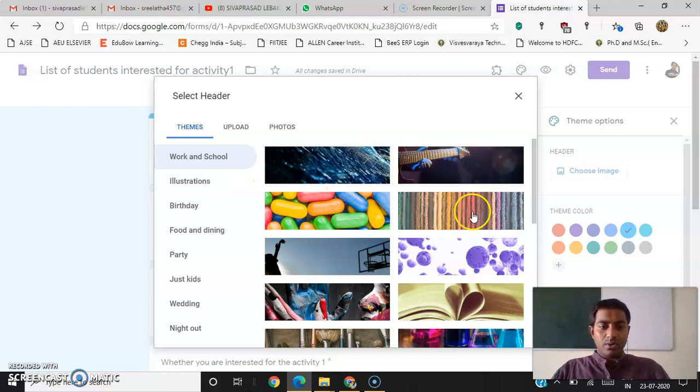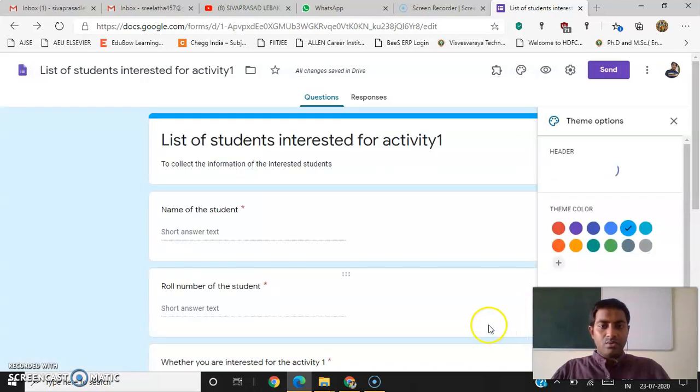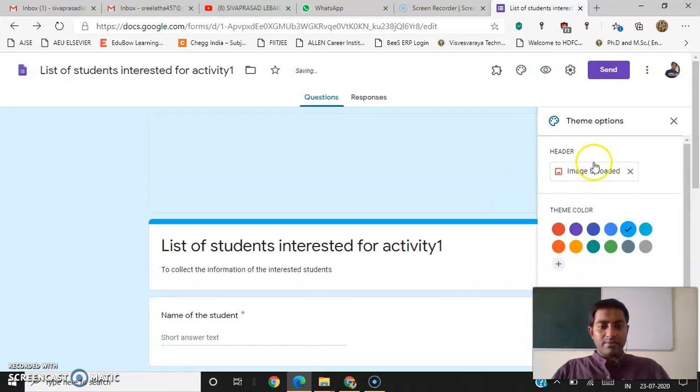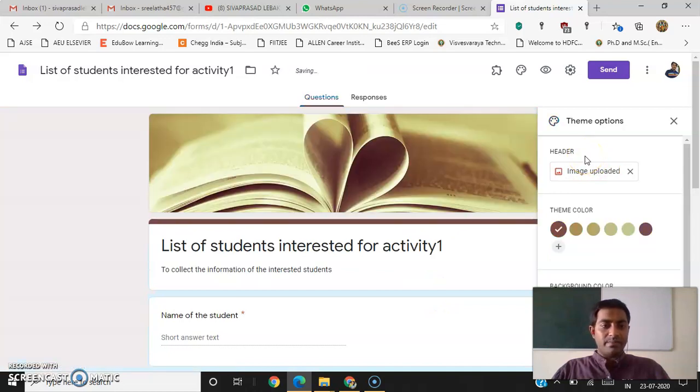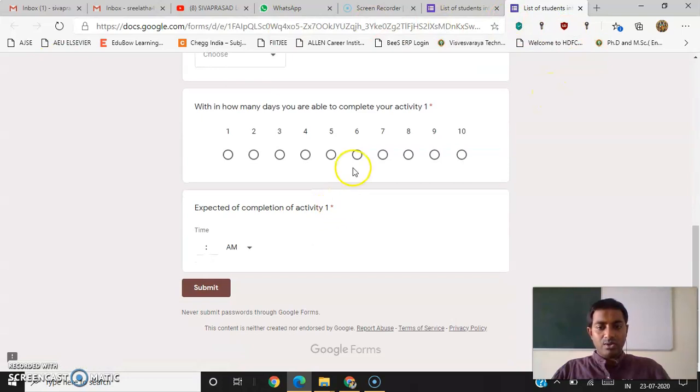If you want to insert those images in your Google form, you can. Otherwise, you can use your own choice of images also, no problem. Otherwise, if you want to give your organization header or whatever, you can use that one. And some more options, preview. If you click on preview, it will show how this Google form will look like.